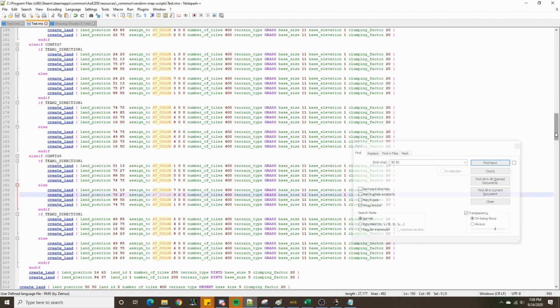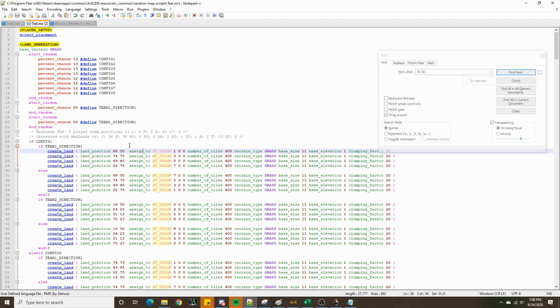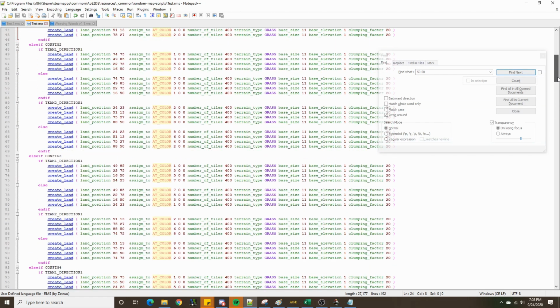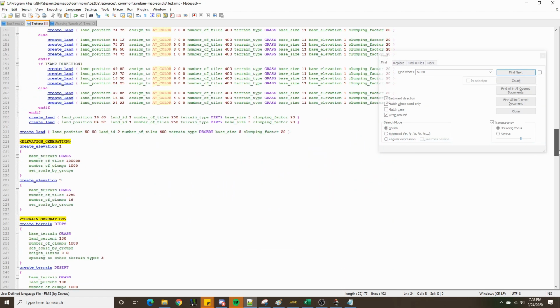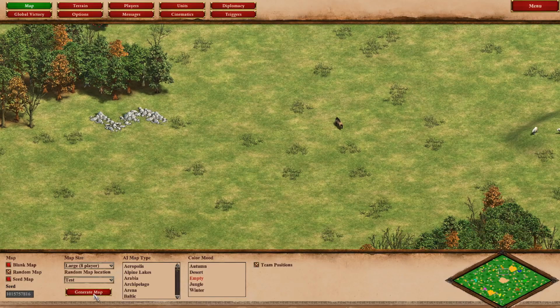And let's take a look at the code here for a second. So basically, since the player assignments are going to be the ones that are shuffled, we have those inside the if statements that are going to be determining which configuration is going to be determining which player gets assigned where. And since the neutral lands are not going to be randomized, they can remain outside of this if statement to save a bit of code. So if we generate our map here,